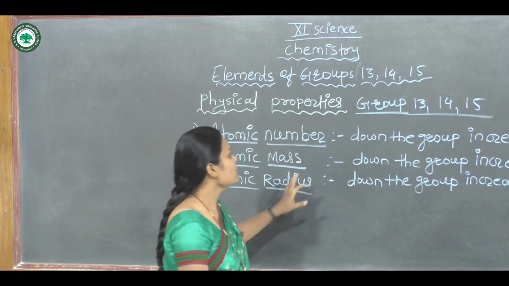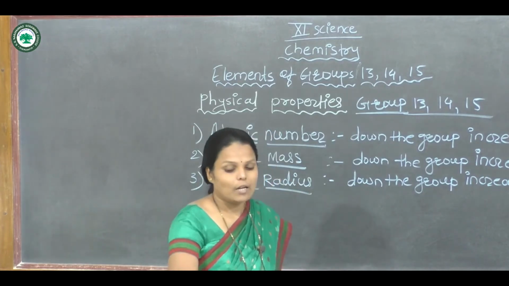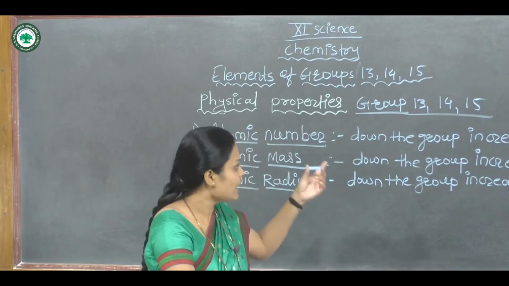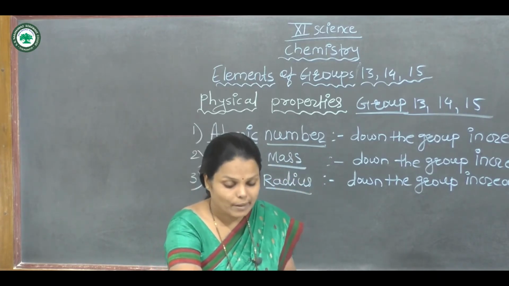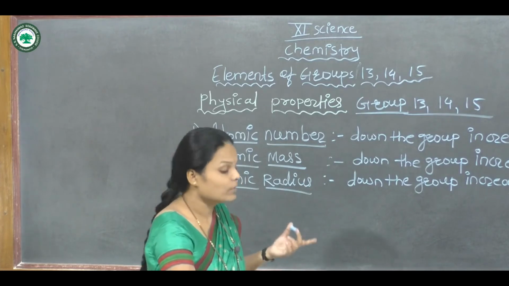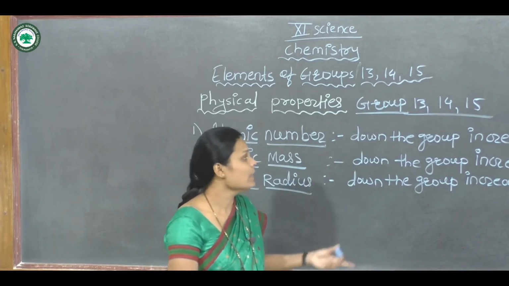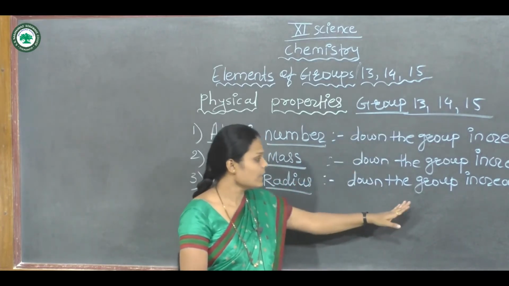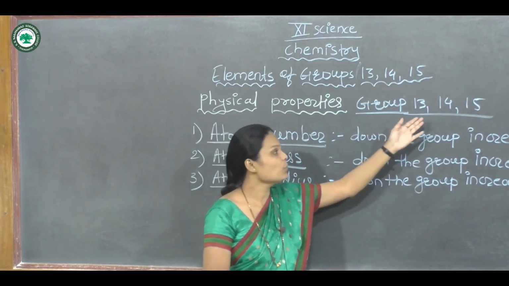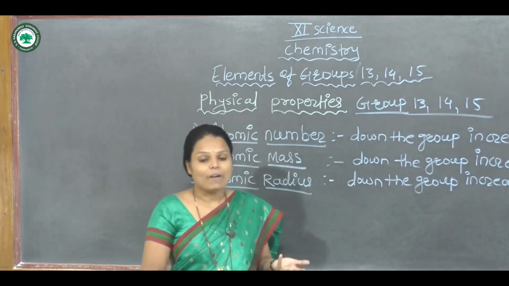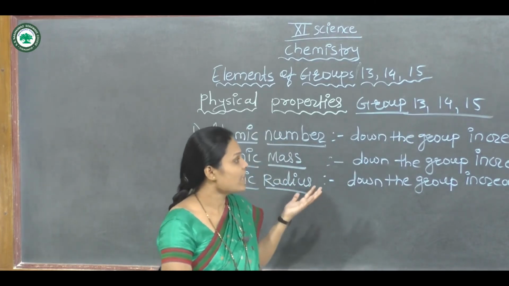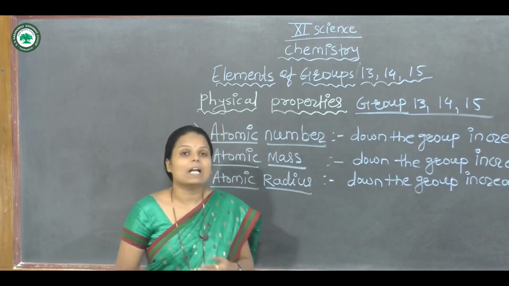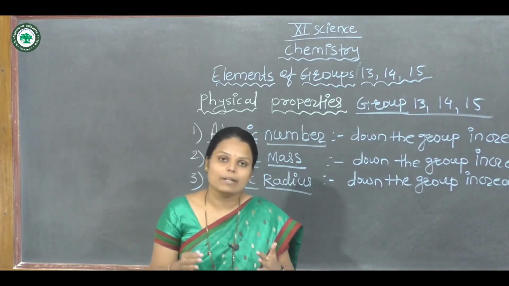Now in these properties, we will discuss group 13. In group 13, the value of the atomic radius of boron is 88. The next values are 143, 150, 167. This means down the group 13 elements, the atomic radius increases. Similar case in group 14, the carbon family, the atomic radius of carbon is 77. The next element, silicon, is 118, which means down the group the atomic radius increases.